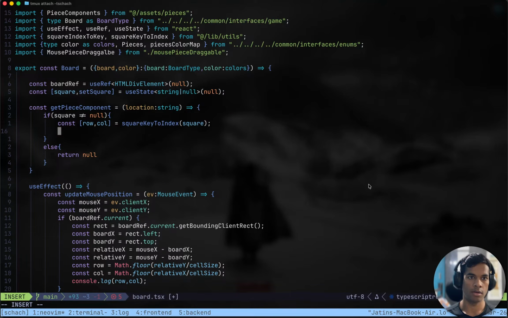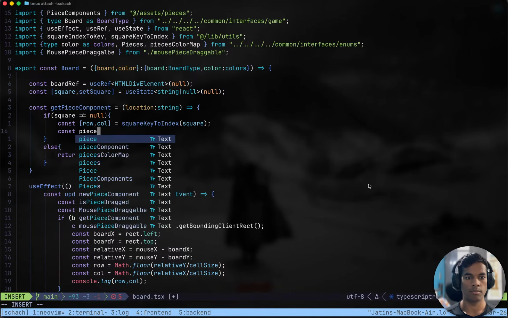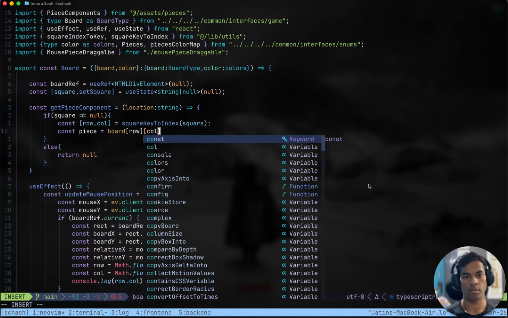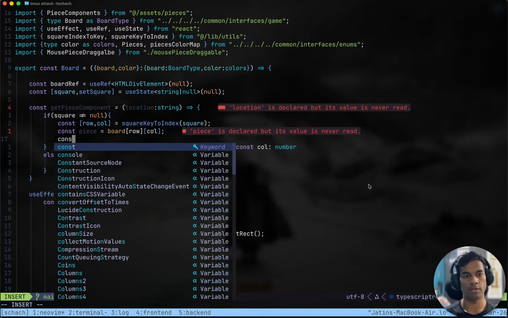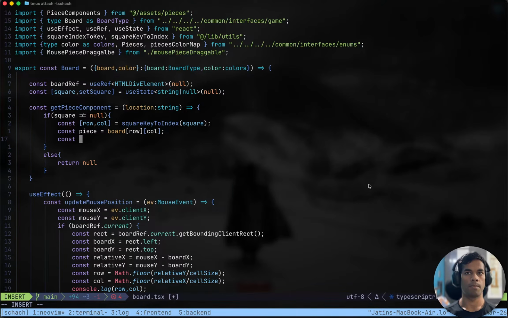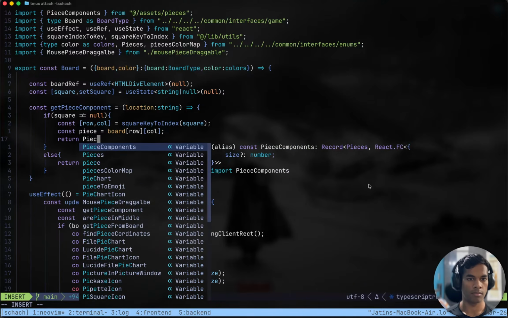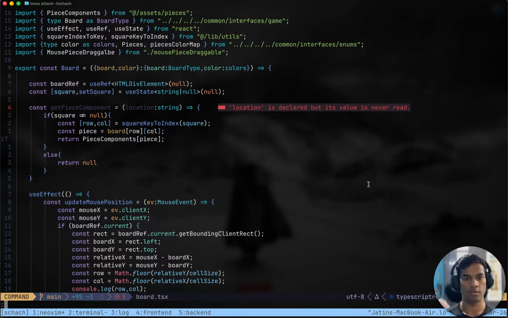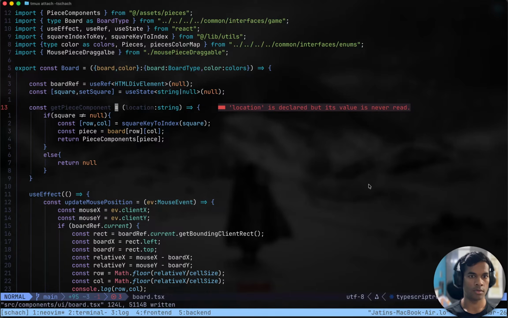Okay, that's fine. Then const piece equals board row column, get the piece, and then we can just return piece component's piece. That is cool. We are not even using location, which is right, we don't need location.